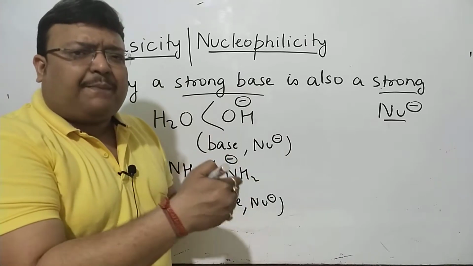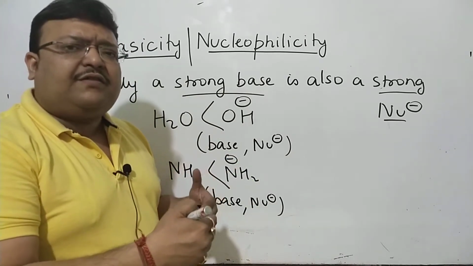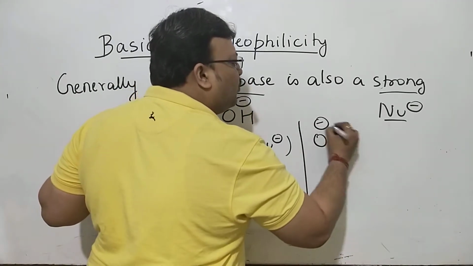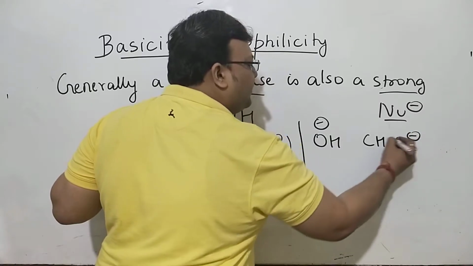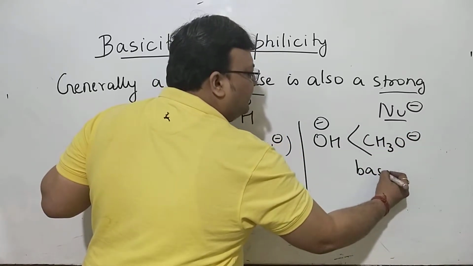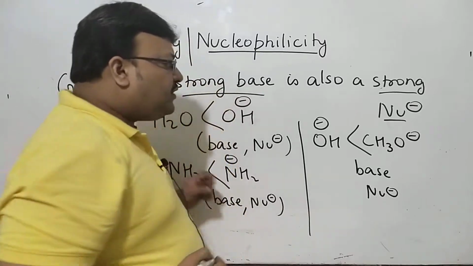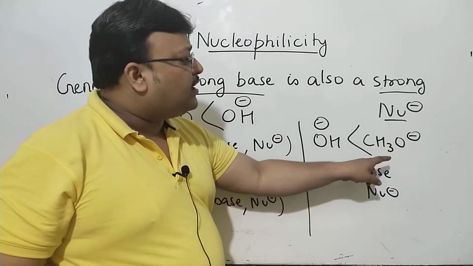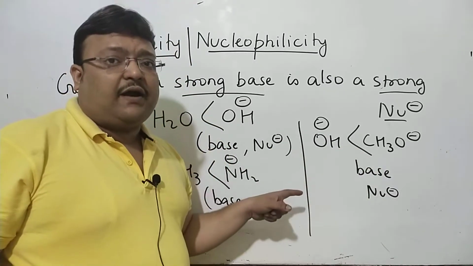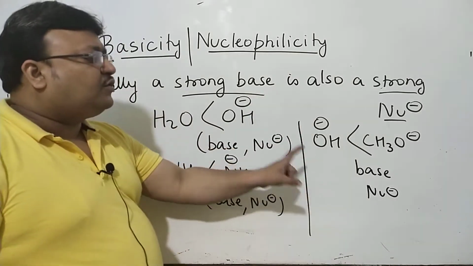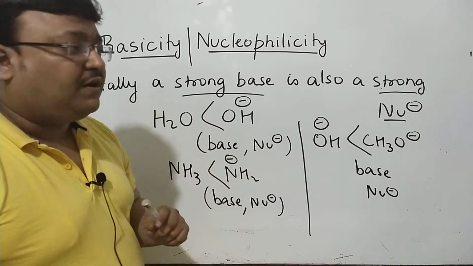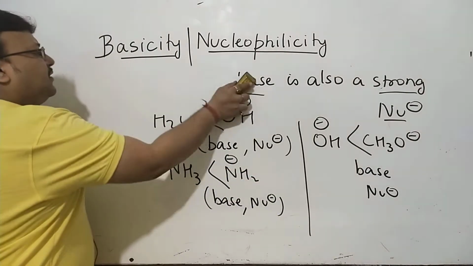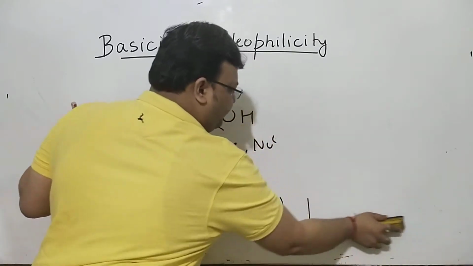Generally, a repelling effect increases both basicity and nucleophilicity. So again, chances are between a hydroxide and an alkoxide, an alkoxide is a stronger base as well as a stronger nucleophile. Because an alkyl group will have a plus I effect, a methoxide or alkoxide will be a stronger base as well as a stronger nucleophile than a hydroxide. So generally a strong base is also a strong nucleophile. We do talk about basicity first. You'll want to keep copying this at your convenience, and we'll take up another rule.